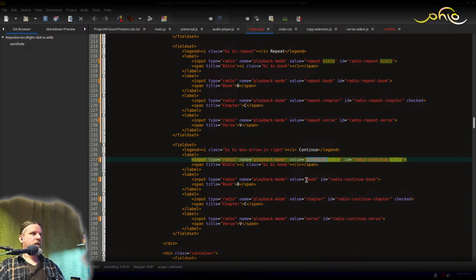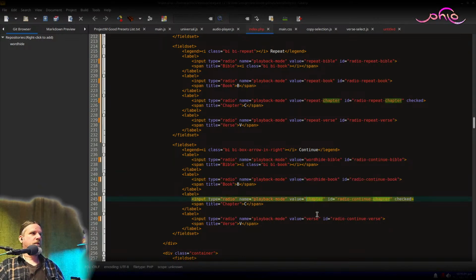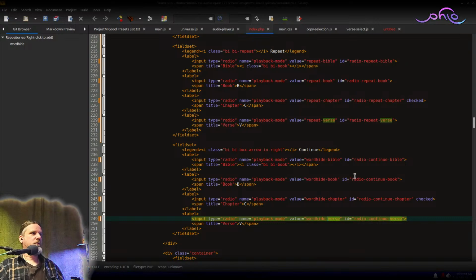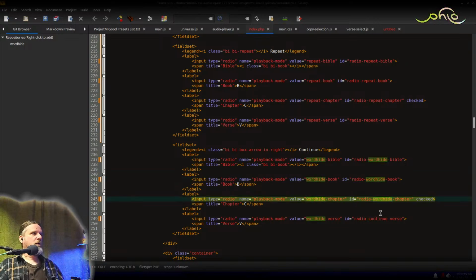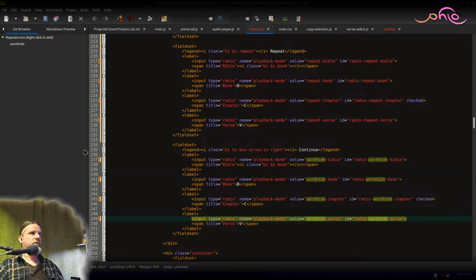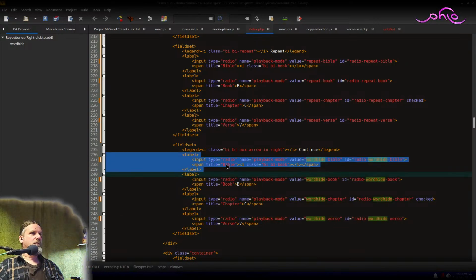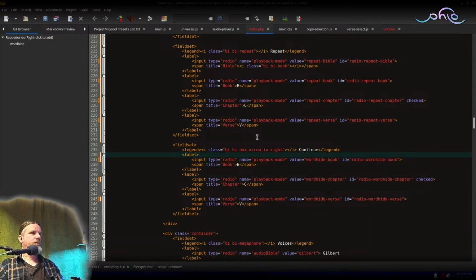I still like meditative mode or meditation, but yeah, I can always change it if I want. So instead of continue, we're going to have word hide. And I'll get rid of that first Bible one. That might be all that I need.